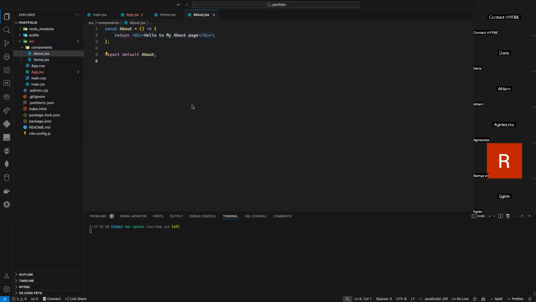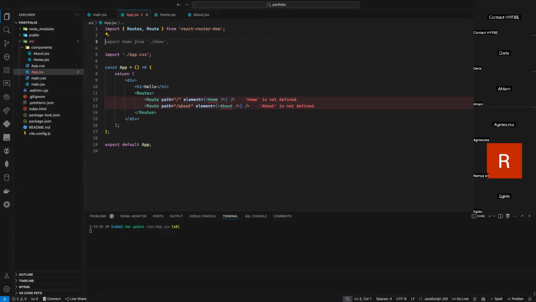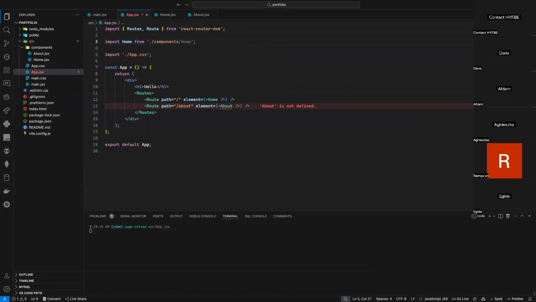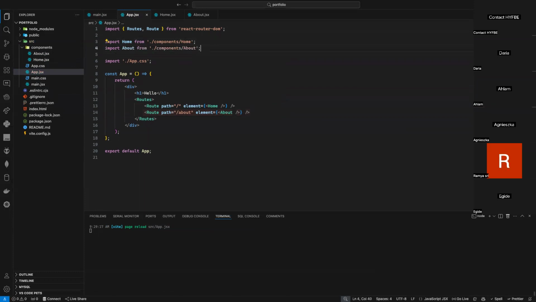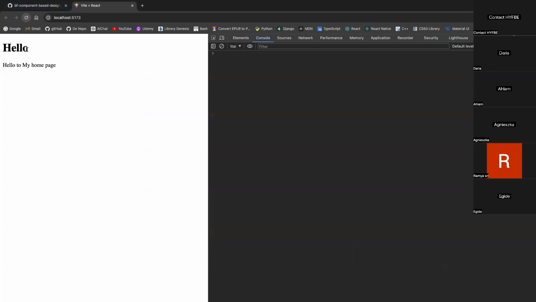I need to, of course, now import both components to app.jsx, as you know. So I'm going here. I need to import home. That's not correct. It's dot slash components slash home. Okay, and the about. It's the same here. Voila. And now here, if I refresh, now if I go to the home component, which is that slash,